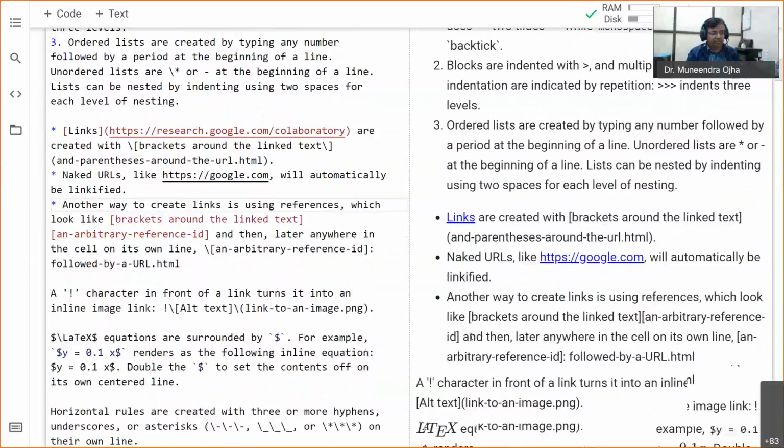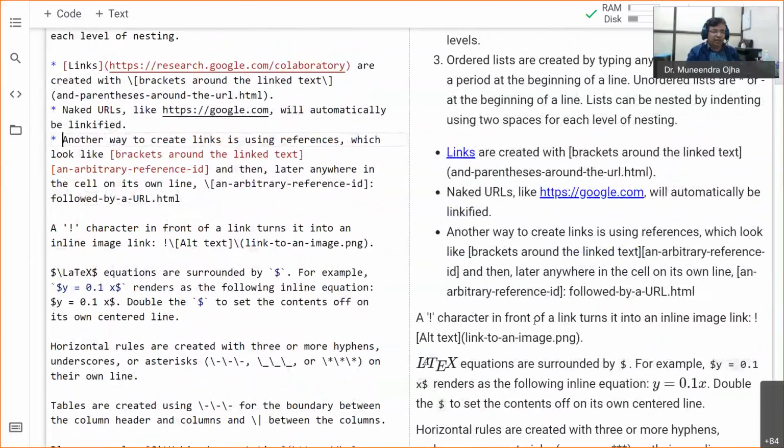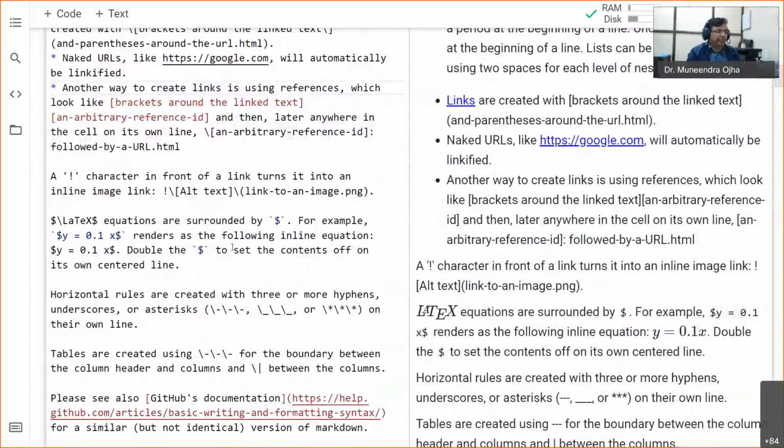You keep on creating bulleted text for you. Now this is important. An exclamation mark character in front of a link turns it into an inline image link. Okay, like this. So you can put an exclamation mark and then text and link to an image.png,